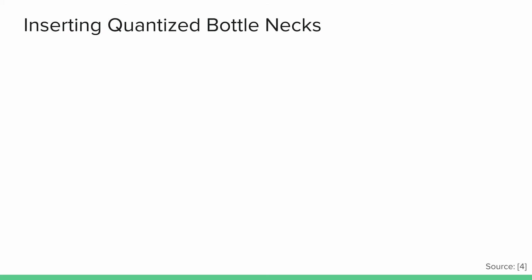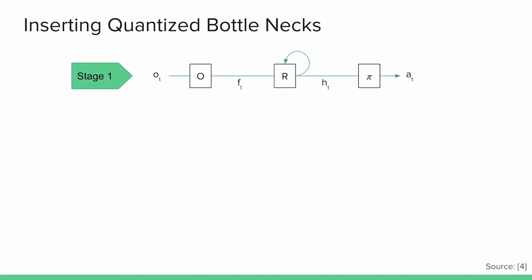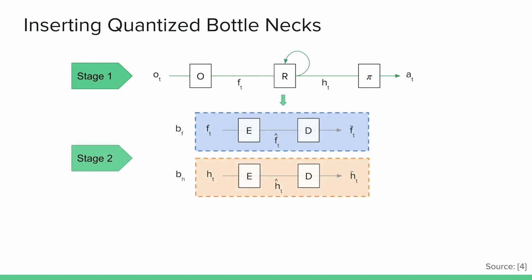The algorithm to obtain these is the following. We start off in stage 1 with our regular machine learning model where we train our policy with some sort of recurrency, so we get a trained recurrent neural network. What we're doing now in the second stage is that we define 2 functions here,